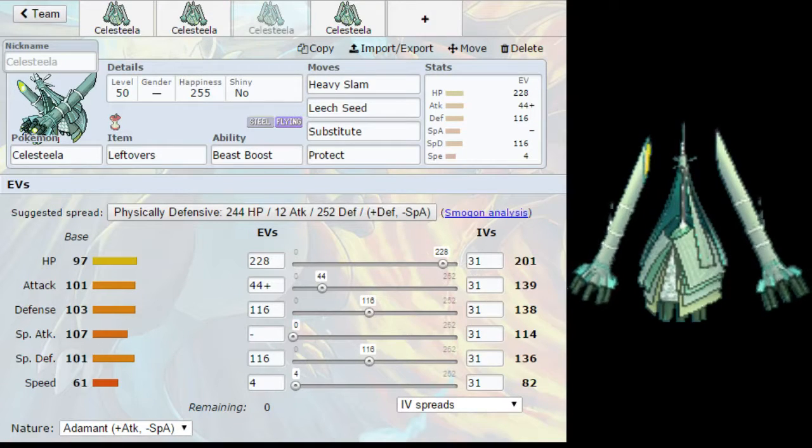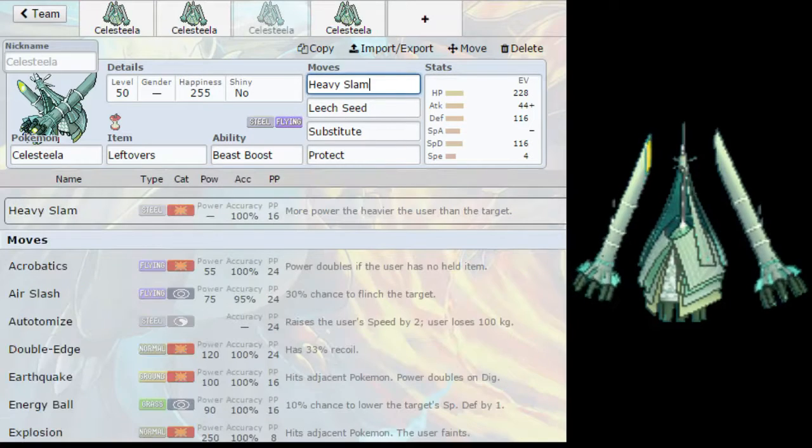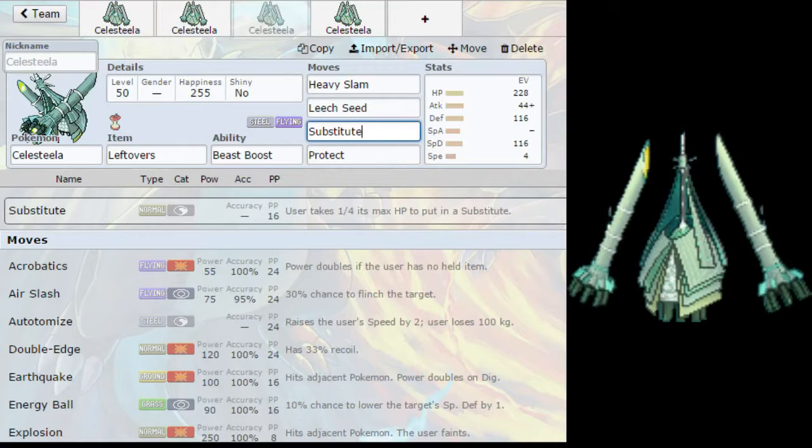Alright, so on this one, we have 228 EVs into HP, 44 into attack, 116 into defense, 116 into special defense, with the remaining 4 into speed, with the Adamant Nature. I saw that was also a semi-popular nature over on the Pokemon Global Link website. So we decided, you know what, gotta make an Adamant one also. So for the moves we have Heavy Slam, Leech Seed, Substitute, which you guys don't know, I kind of